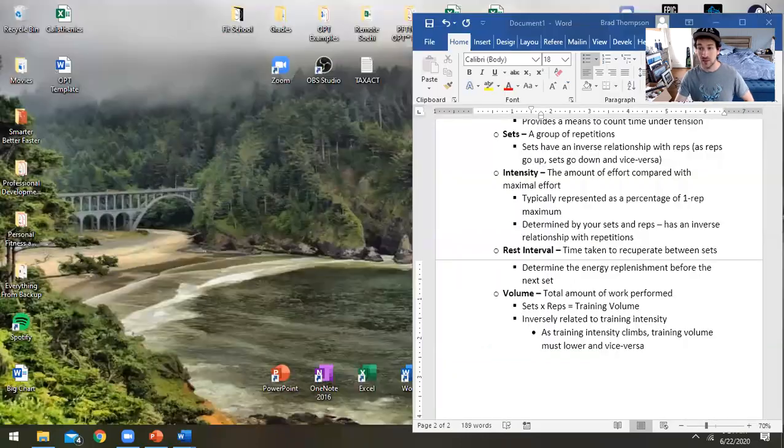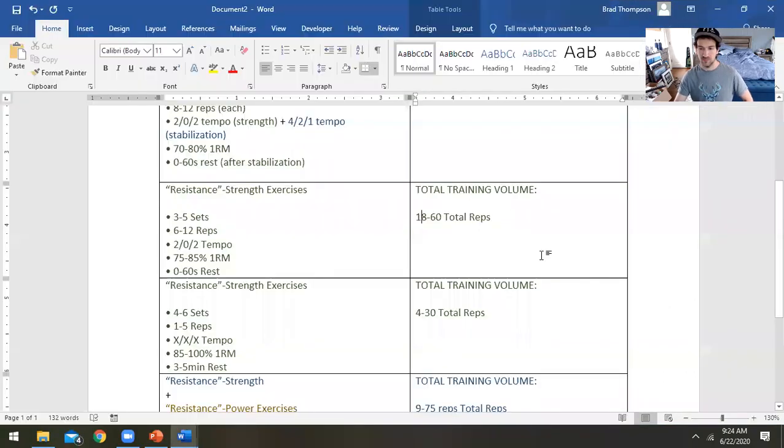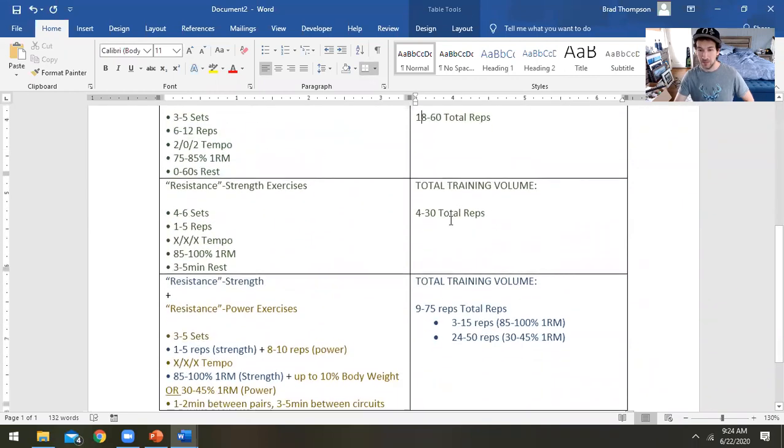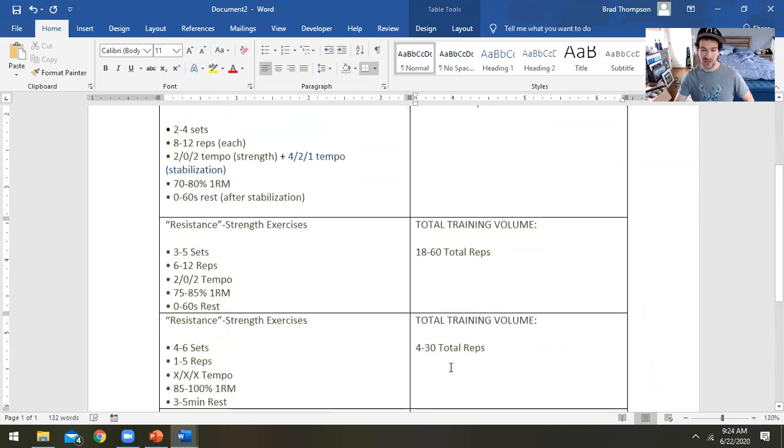And by the way, you might have heard the whole classic 3 sets of 12, right? That's classic hypertrophy. That's 36 total reps, which is actually about half of what we're looking at in